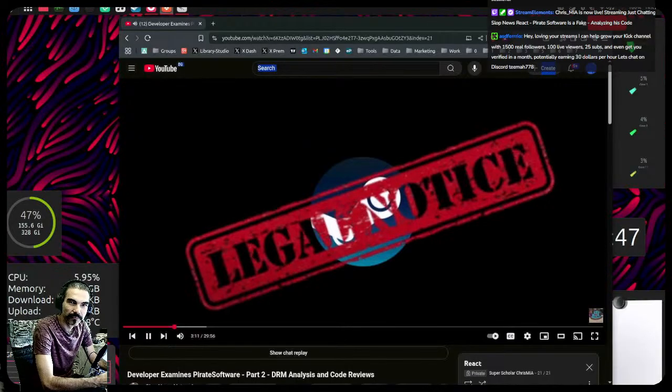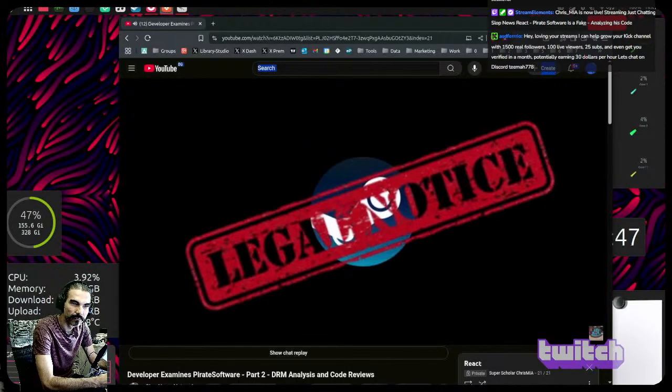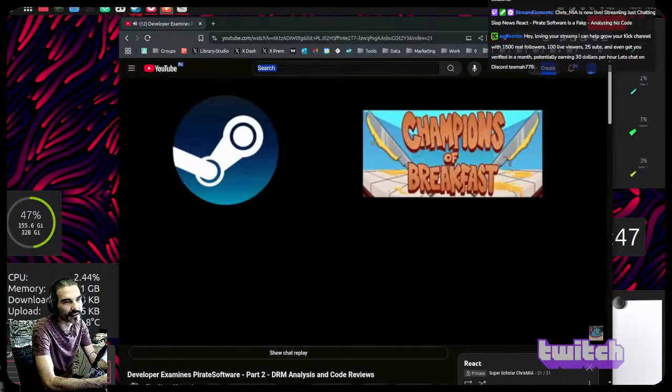There are numerous Steam client emulators, and I'm not going to touch any of them, but take my word for it that they can easily get through the Steam DRM and the initialized function check. They can also mimic the Steam Achievement API, meaning not only can the Steam DRM be bypassed by using these emulators, but they would also allow you to crack and play Champions of Breakfast, plus you'd basically have a save game editor along with it too.